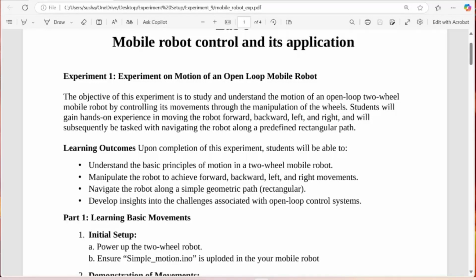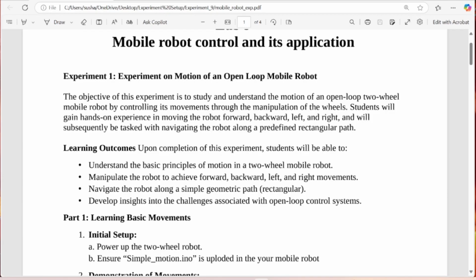So what we saw is a parallel robot, that is a 5-bar mechanism. Now the control of that, or the forward kinematics, is a little bit more involved than a 2 degree of freedom serial manipulator. The next experiment that we are going to have now is the mobile robot.